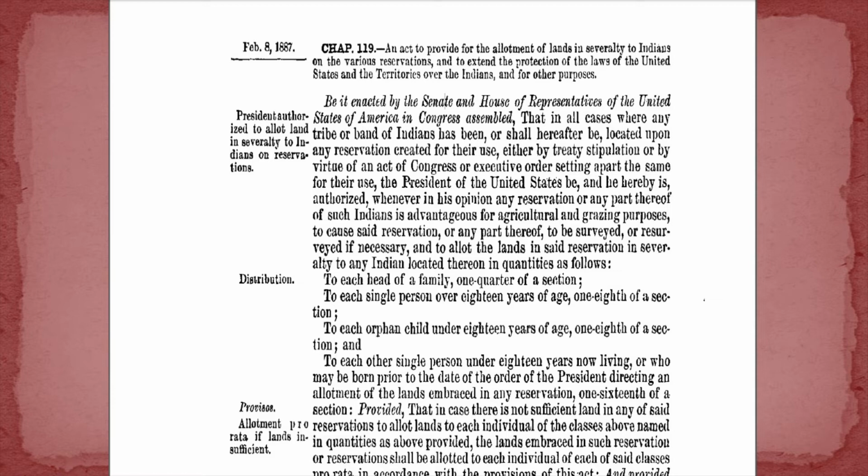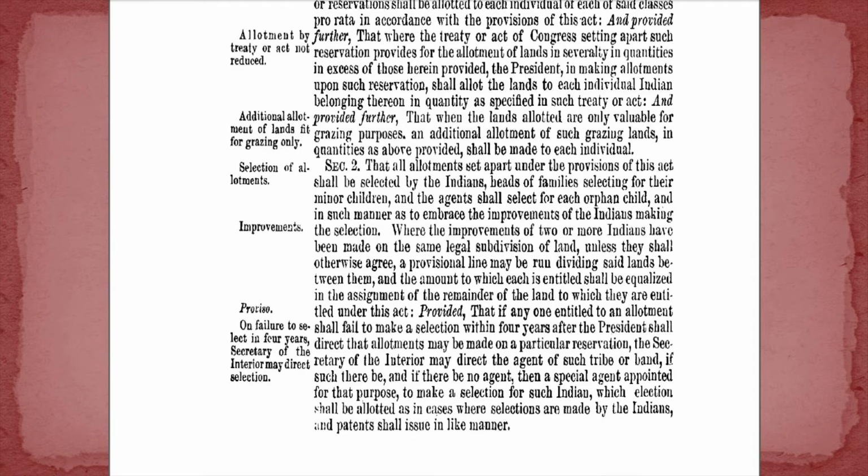This is the Dawes Act. And you can see here the president authorized to allot land in severalty to Indians on reservations. It talks about how it will be distributed. What I find very interesting, that it talks about selection of allotments, what I find very interesting is this last